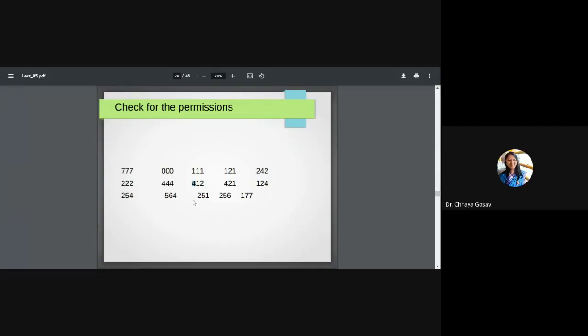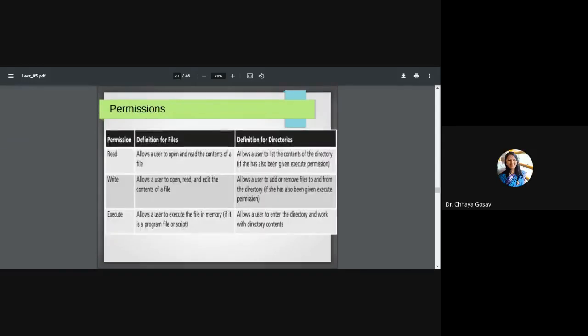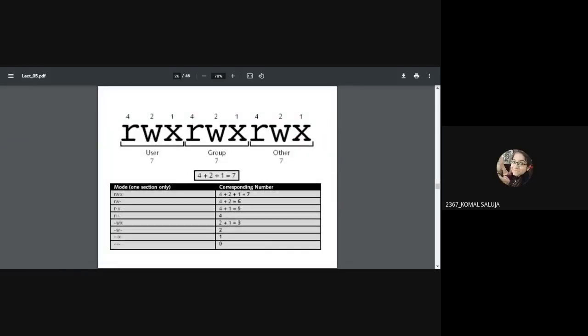Read for owner. 1 means execute for group. And 2 means write for user. 2 is write, no? Yes, ma'am. 2 is write.